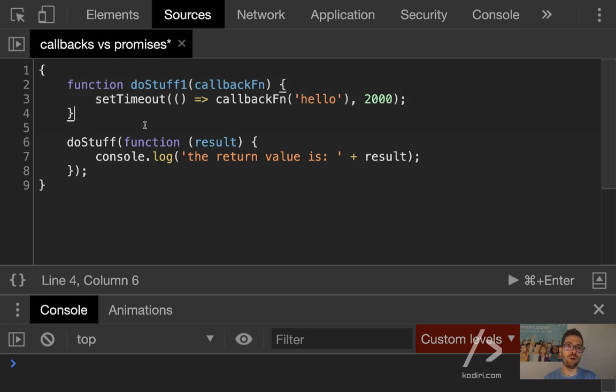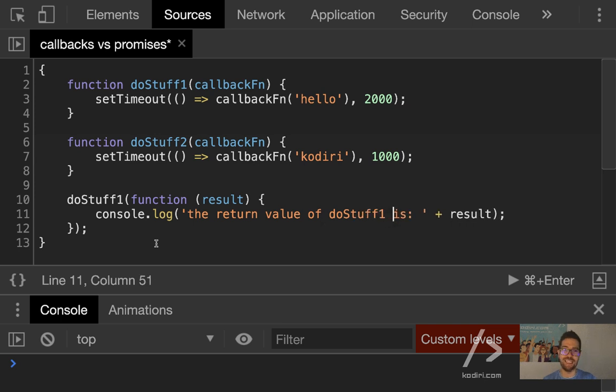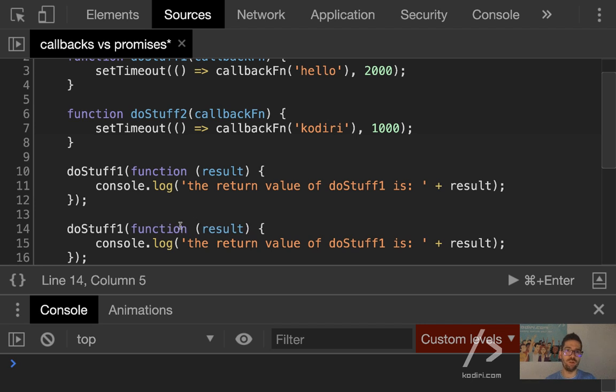And then we got do stuff 2 that returns codery after 1 second. So if we display do stuff 1, the return value of do stuff 1 is, and then we do stuff 2 underneath, and here we return the result value of do stuff 2 is result.